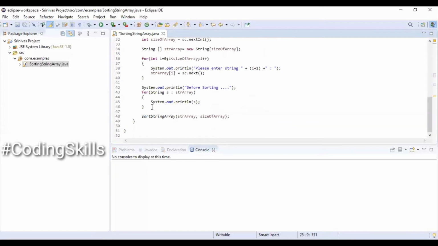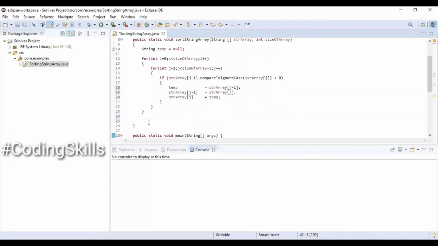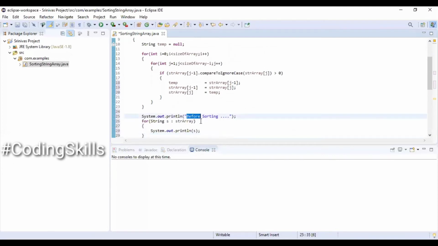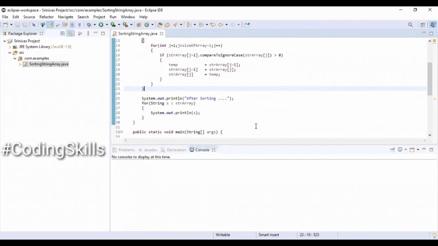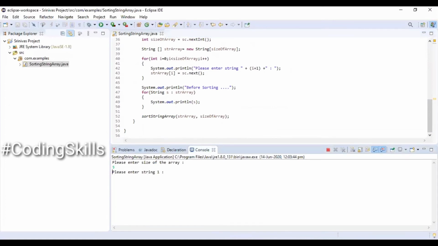Copying the before sorting block so that we can use it after sorting. So I am updating the comment to after sorting, printing the respective values as can be seen. We are almost done with it. Executing the program now. Entering size of the array 5. So it should prompt for the 5 values. Entering different set of values for each iteration. We can see the values before sorting and after sorting.